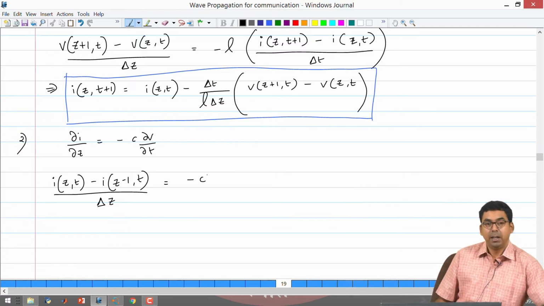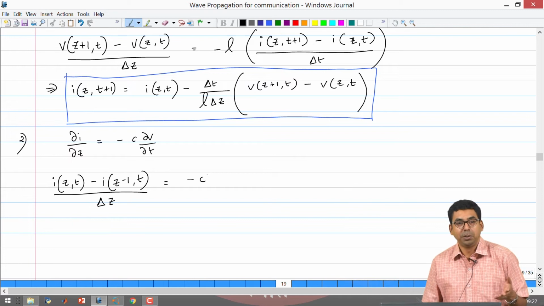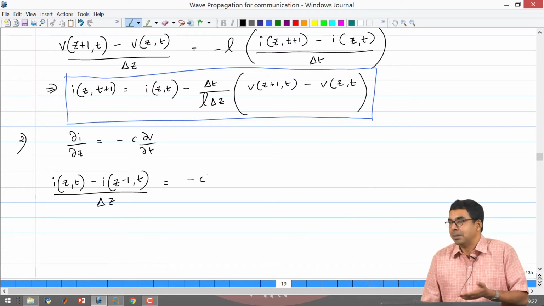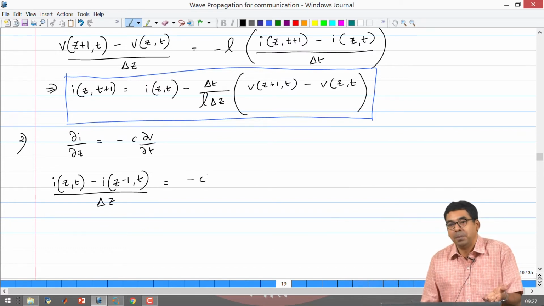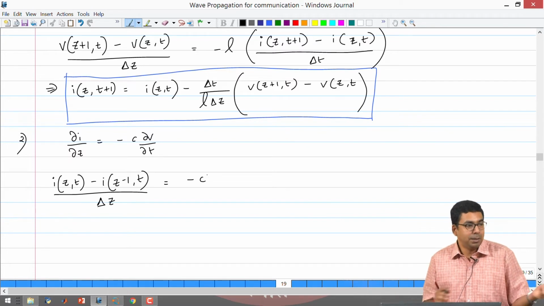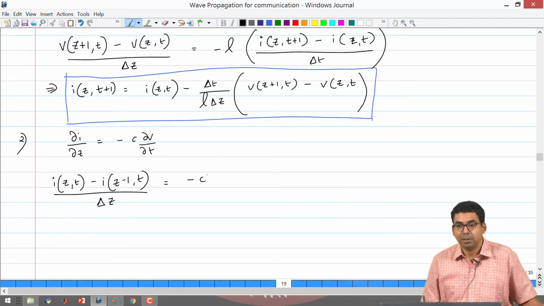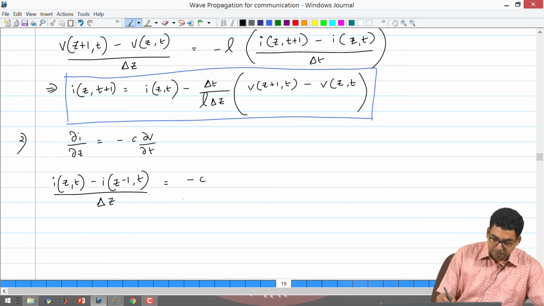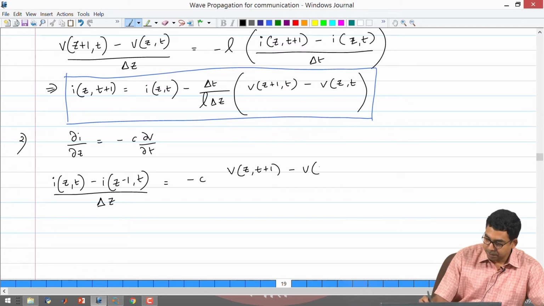Now it is very clear that you would not prefer to use backward difference for time, because you want to estimate the quantity in future, you need to have t plus 1. So the choice is obvious that you will have to go for forward differences for time. You could also use central differences on both sides. Since we have used central difference 2 times, I am just doing this with forward difference. So I will have minus C, dou v dou t will be v of z comma t plus 1 minus v of z comma t